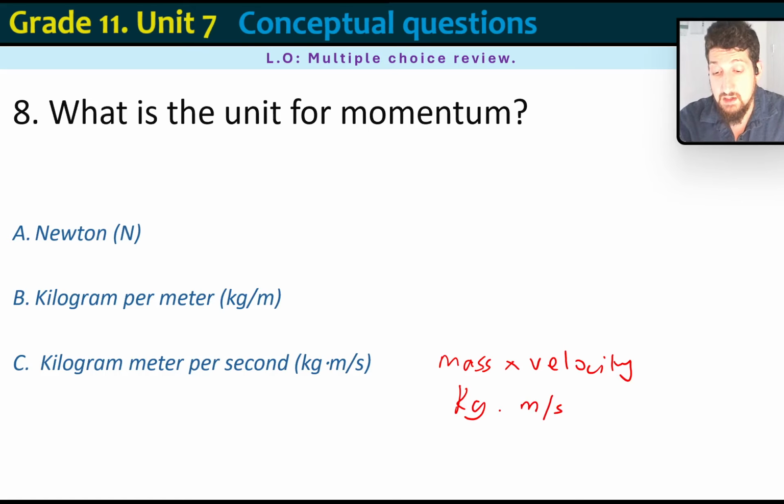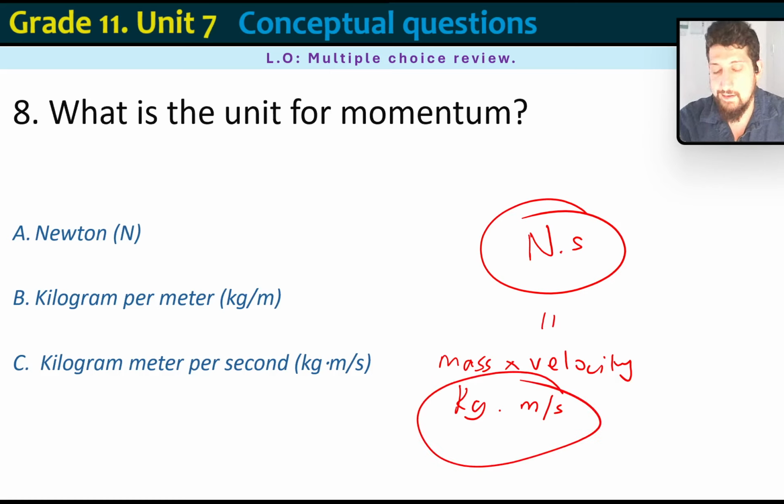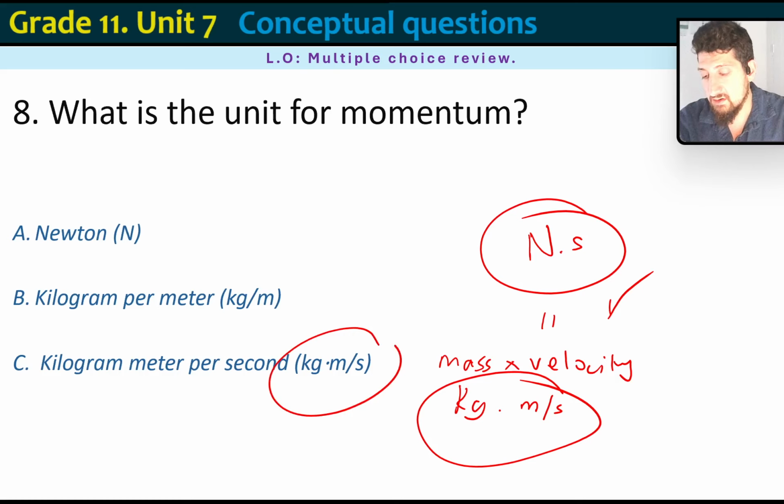That's the answer. But of course, you might also know that impulse, which is change in momentum, has a unit of newton-seconds. And so essentially speaking, that is actually the same as this. So if you write that for me in the exam, then I will mark you as correct. So yeah, just letting you know. But officially speaking, the standard international unit for momentum is kilograms meters per second.